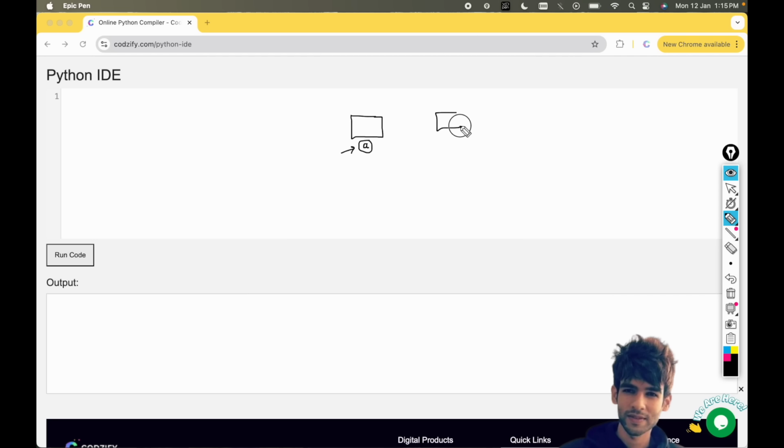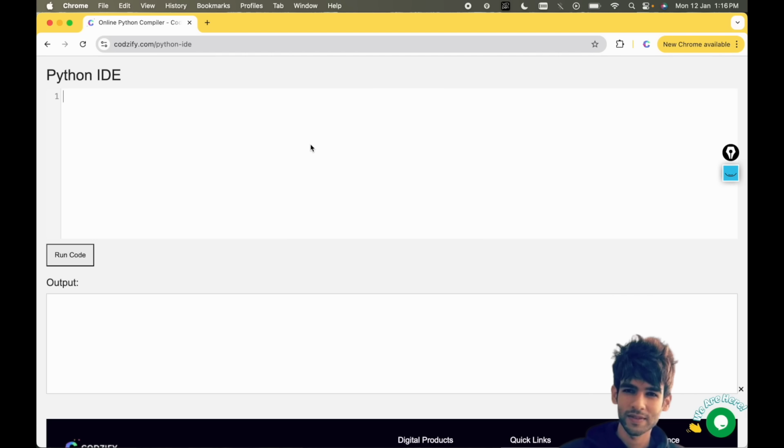For example, we have this, I will name it B. Now variable names can be anything. For example, if there is a person and we have to give a name to this person, we will create a name variable, okay? I hope you got the basic overview of what a variable exactly is. So it is used to represent something, okay?